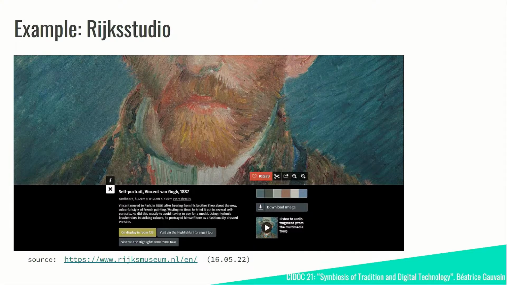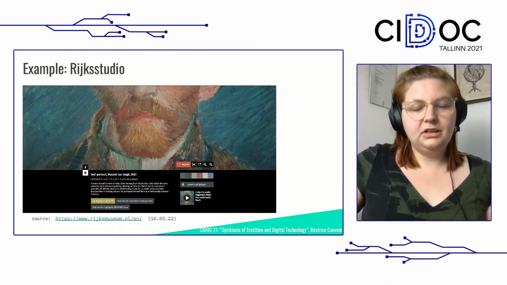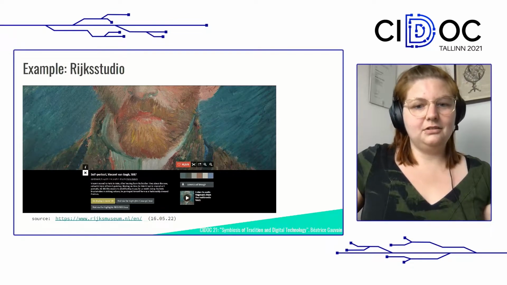So one international example, which is very famous, of course, is the Rijksmuseum. It actually has a Creative Commons license, so the public can download their own cultural heritage in high resolution. They have access to it. They can freely reuse it, and it actually promoted that they would reuse it. There are audio tracks, and they can create their own public galleries and share them. And it's a very engaging experience, which was also very successful, of course.